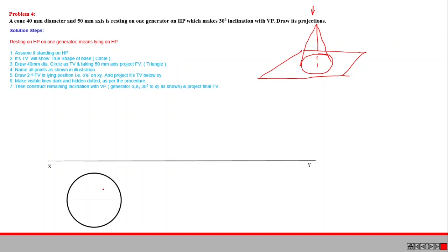Then we can divide that circle into minimum 8 equal parts and name them A, B, C, D, E, F, G, H, like this, and we can project it. Then we can mark this point as A dash, and this point as B dash, H dash,